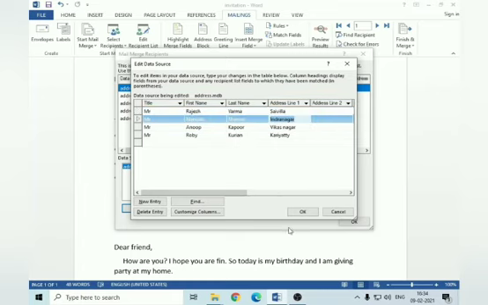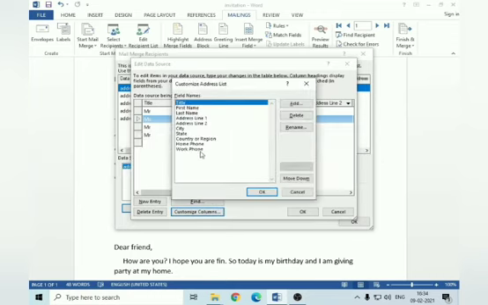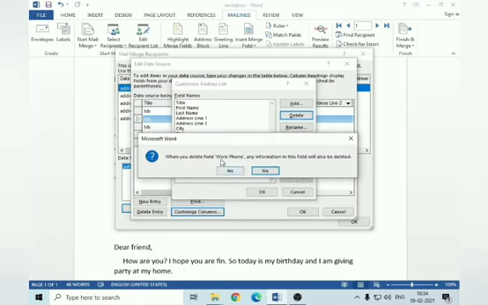We have to modify the columns also. For that, click on the customize column option. So you get the column address list and we can see the name of the column, and you can see add, delete and rename options also. So I want to delete work phone option, so select work phone option and click on the delete button.